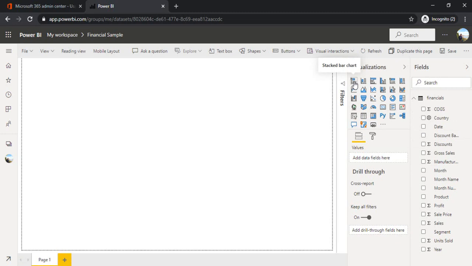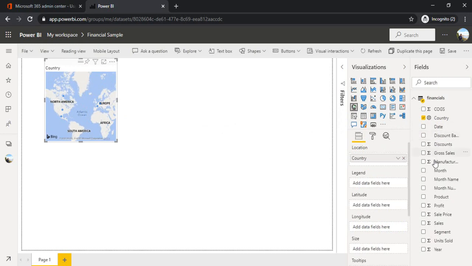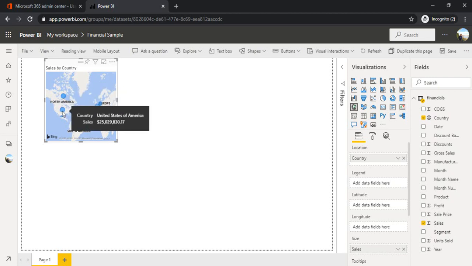So pretty standard ones: stacked bar chart, then the stacked column chart, pie chart, donut chart, or even plain cards. So to start with, I'll just drop in country. As you can see, it's smart enough. It judged the country object as an actual country, so it gave me this card. And with country, I would like to have a view of sales. So I'm just dragging and dropping sales over this card. Now it's giving me a picture that Canada did this much of sales, US did this much of sales.